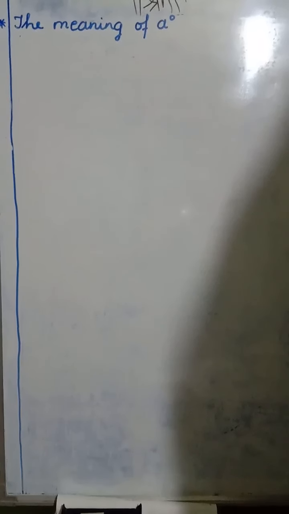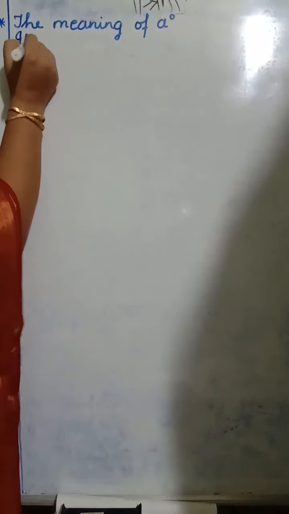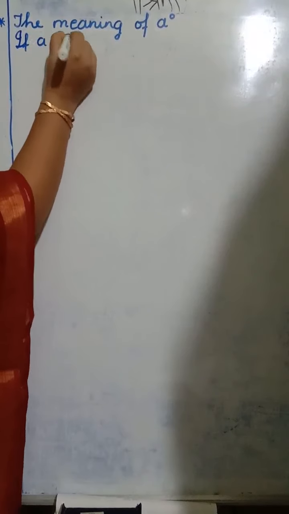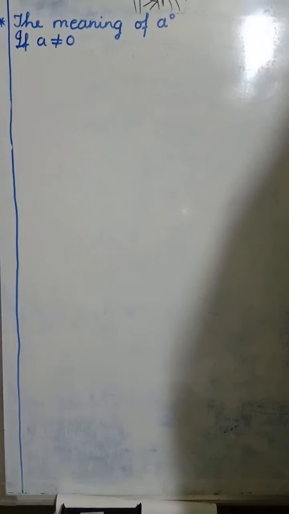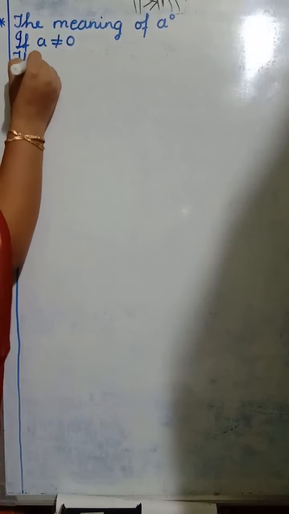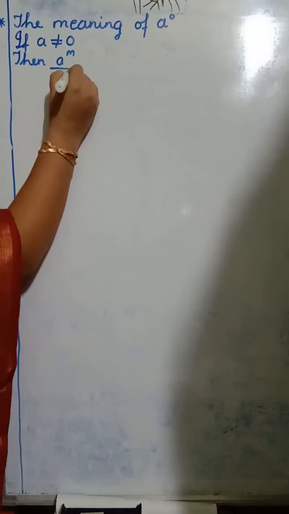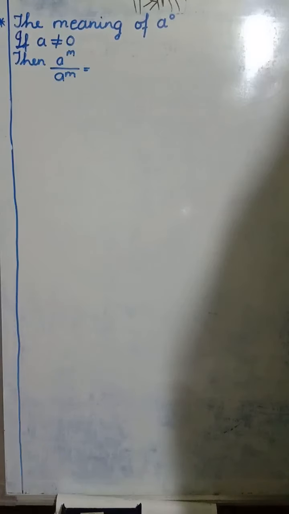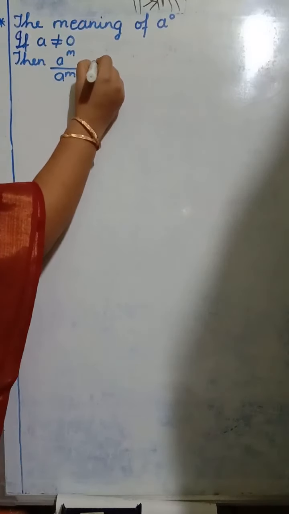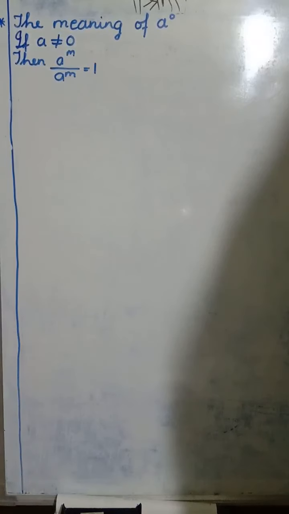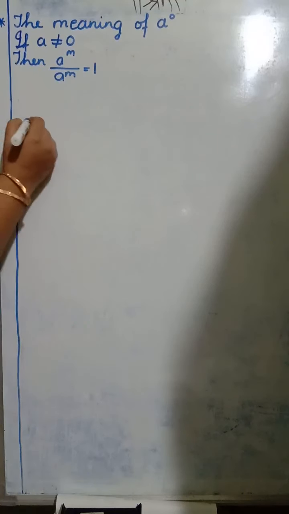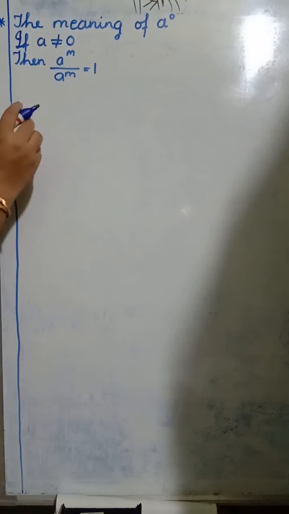So now we'll learn the meaning of a raised to 0. If a is not equal to 0, it means it is a rational number or natural number, but it is not 0, then if we do the division of a raised to m divided by a raised to m, what will our answer be? Yes, according to normal division, our answer will be 1,